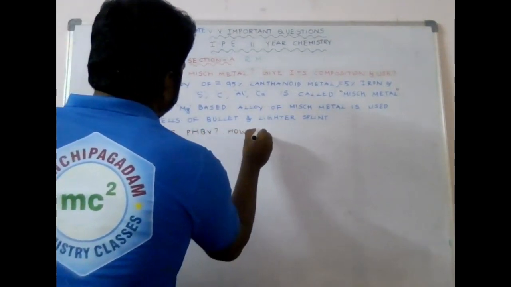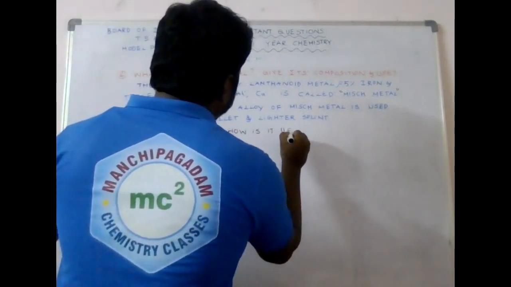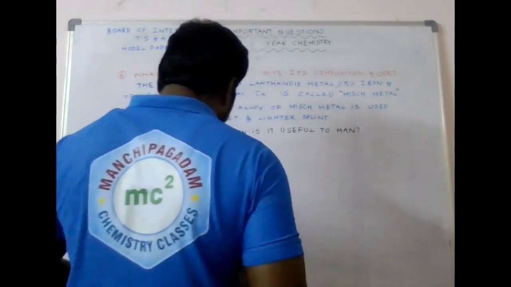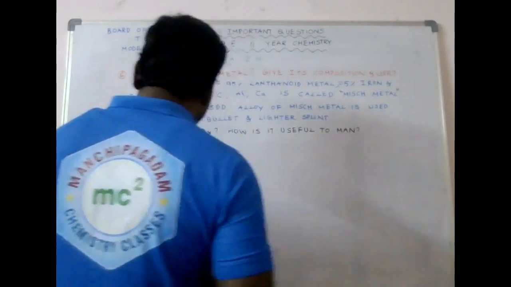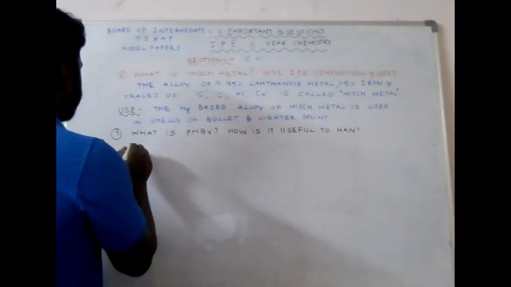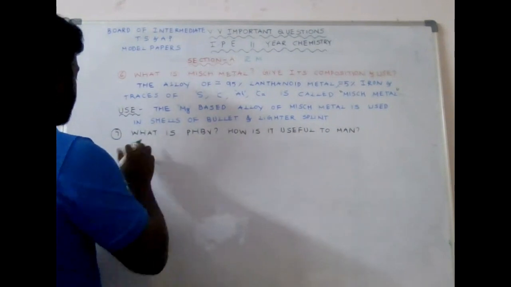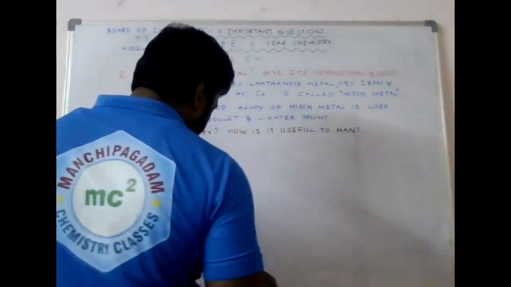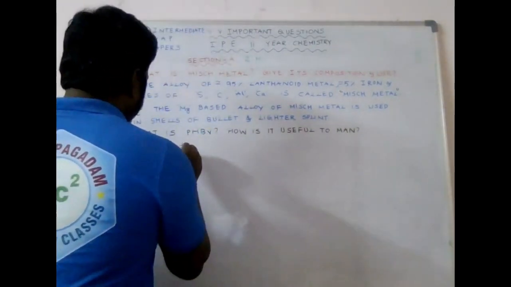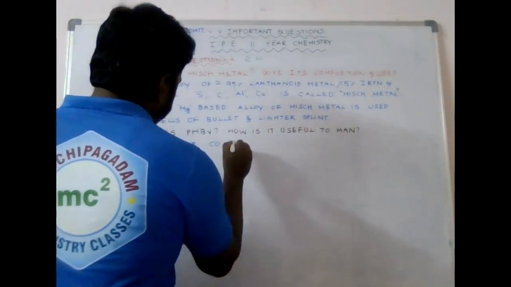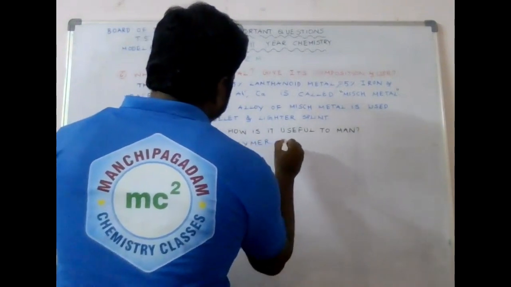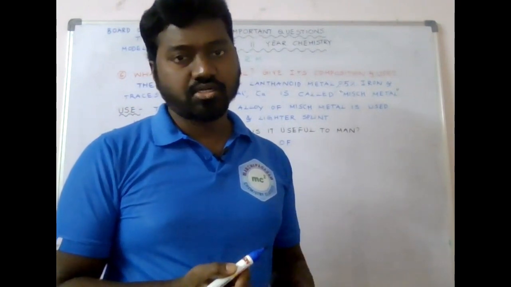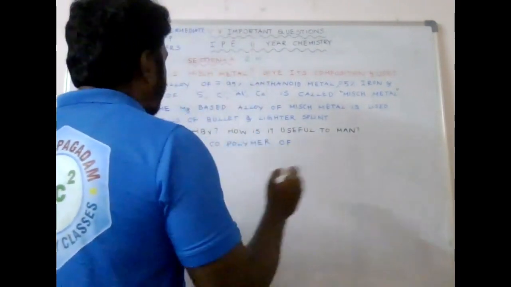PHBV is a polymer, correct? Which polymer? It is a copolymer. Copolymer means a combination of monomers is called a copolymer. So we can define this. We can start with the copolymer only. So the copolymer of, so what are the compounds present in the PHBV, we have to write the copolymer of